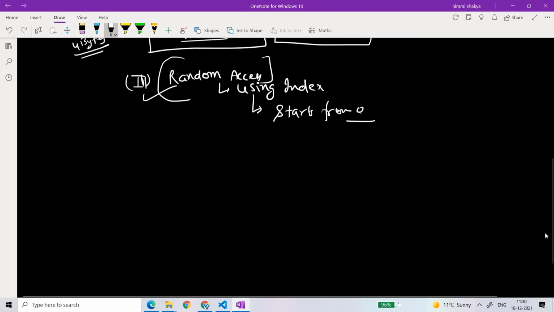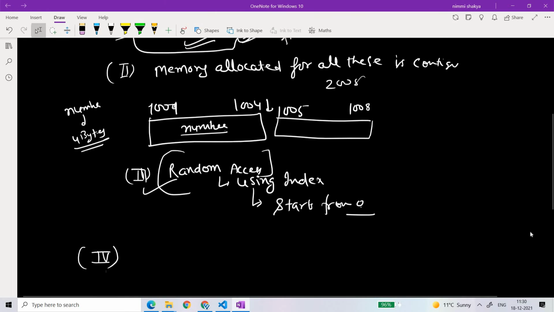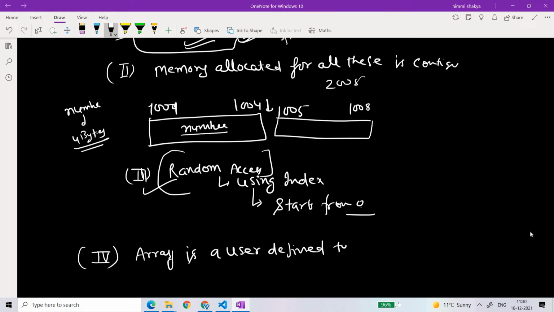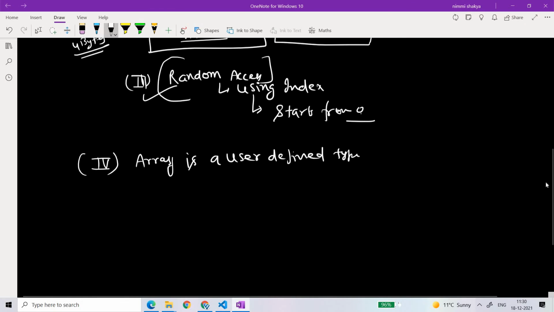Now the fourth thing that you must remember is that an array is a user defined type. Why is it a user defined type? When you define a number, say let a number, you define it like this.